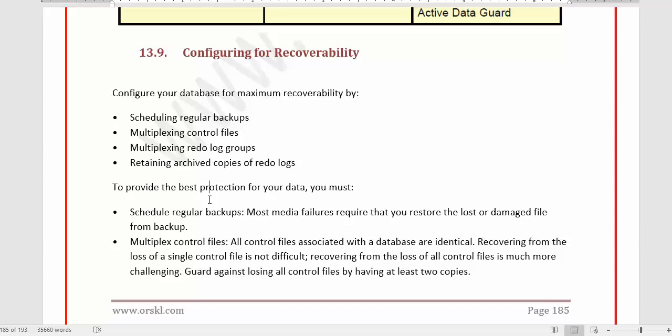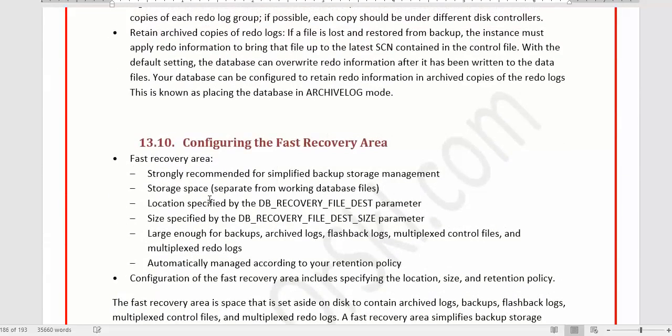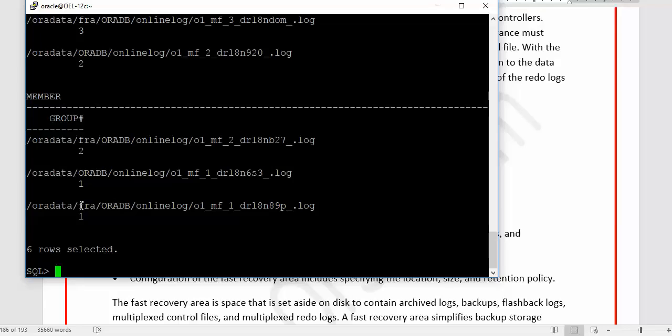These are the four important things that you need to do in case you have to face recoveries in future smoothly. So that is what you need to remember as well. Now the next important feature that Oracle has come up with is fast recovery area. If you have seen in these outputs, there is a directory called FRA, and you can also check that from the parameter called